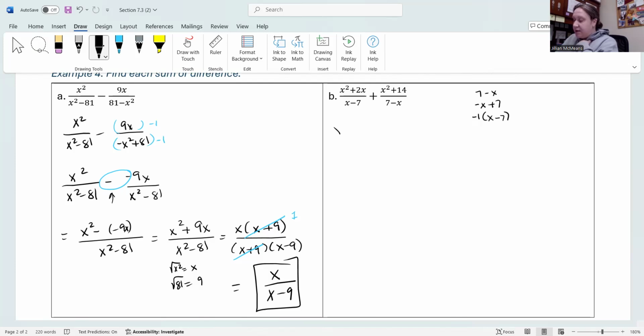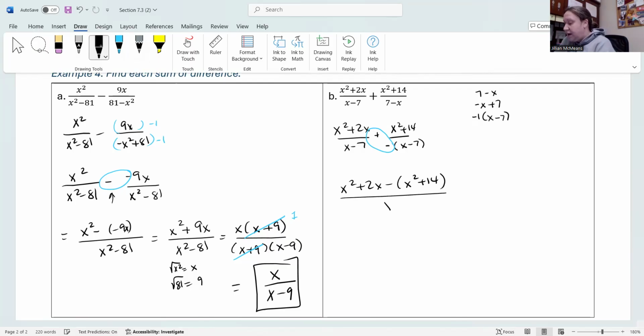So when I rewrite this, what I have is x squared plus 2x over x minus 7 plus x squared plus 14 over negative 1 times x minus 7. And then we have that weird sign thing happening right here. What happens when you add a negative? It just becomes subtraction. So this addition problem has now turned into a subtraction problem. So what I really have is x squared plus 2x minus x squared plus 14